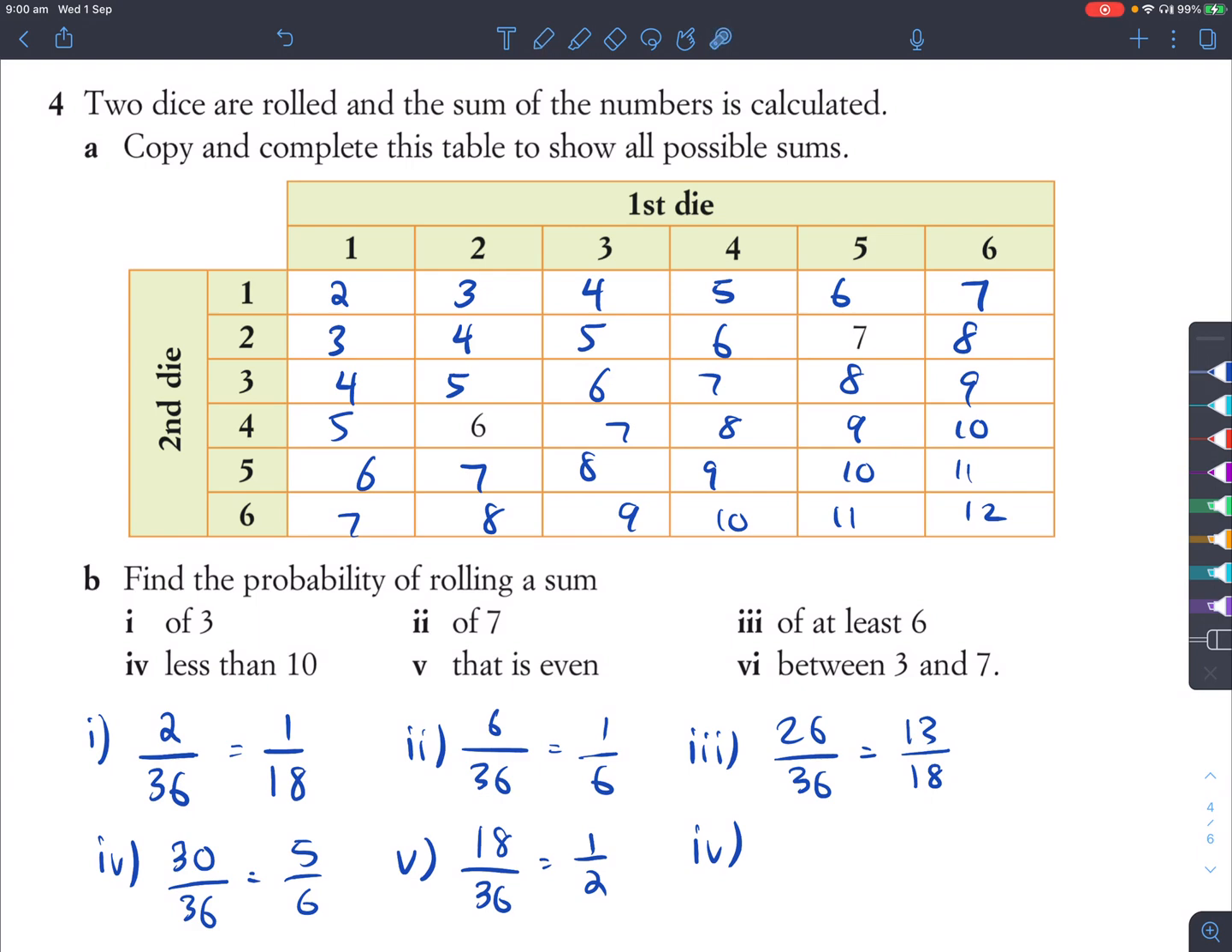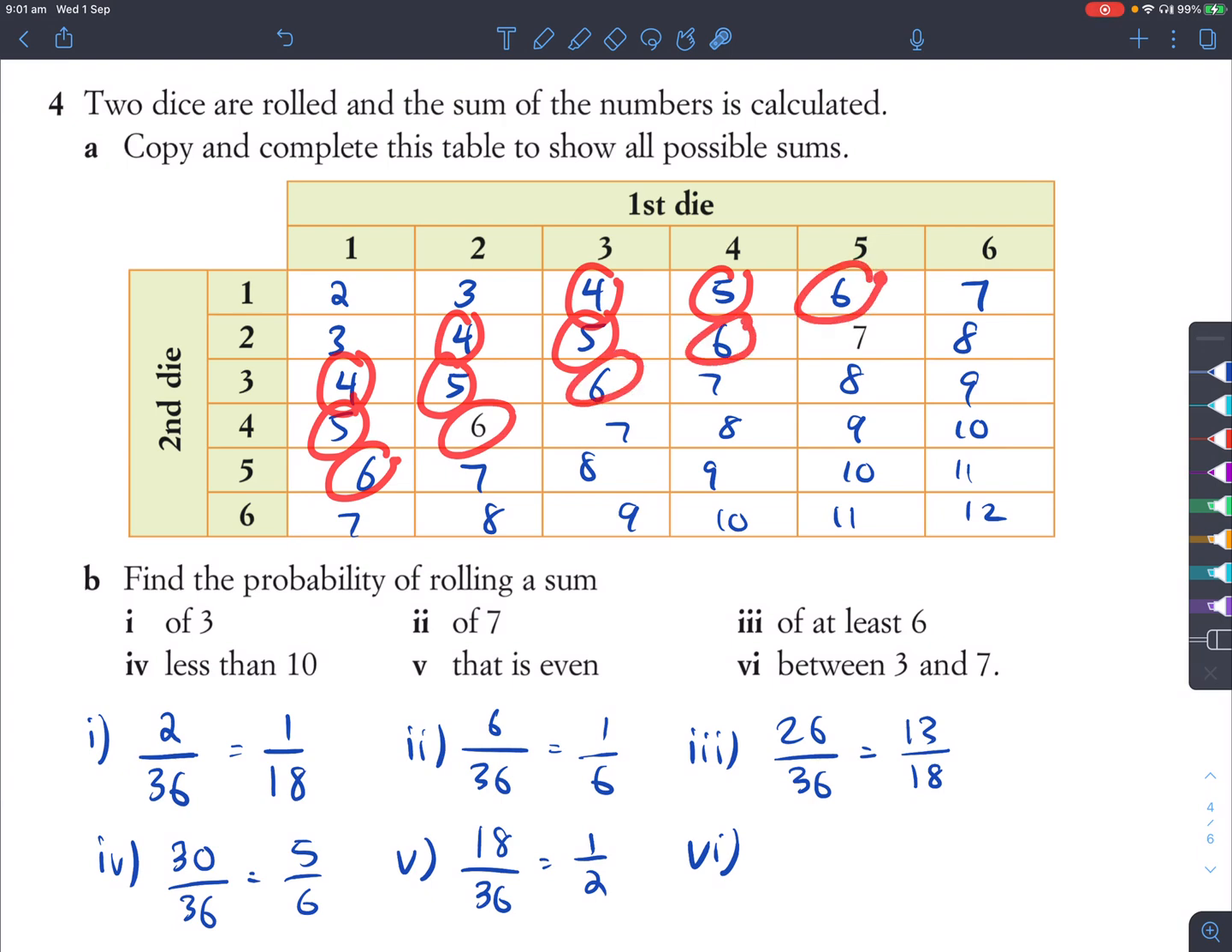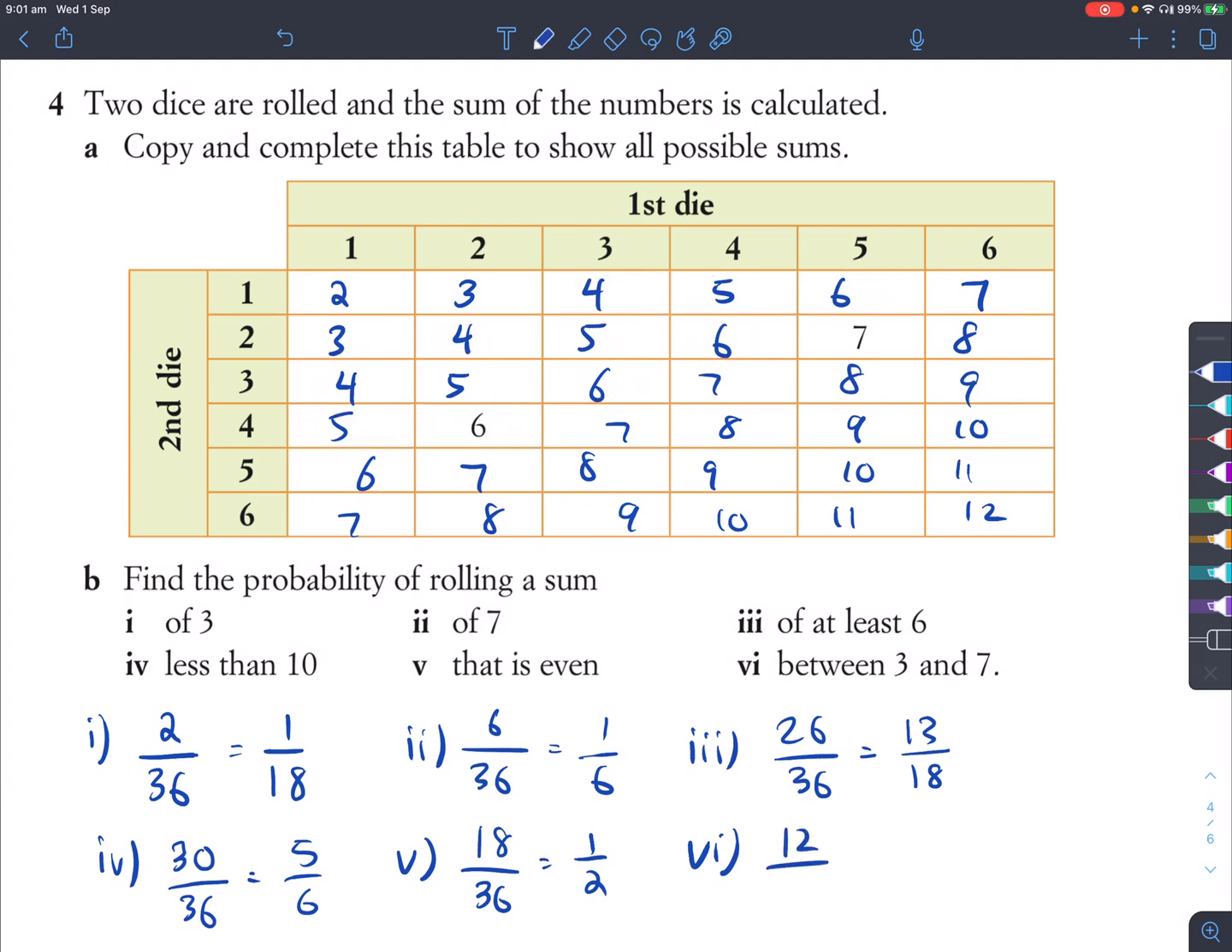Okay, last part. Whoops, read it wrong. That should be VI. Between 3 and 7. So if it says between 3 and 7, okay, what we've actually got to find out is the number of numbers which are 4 to 6. So if we calculate what that is, okay, let's calculate that. 1, 2, 3, 4, 5, 6, 7, 8, 9, 10, 11, 12. So there are 12 numbers out of 36, which we can divide the top and bottom by 12 to give